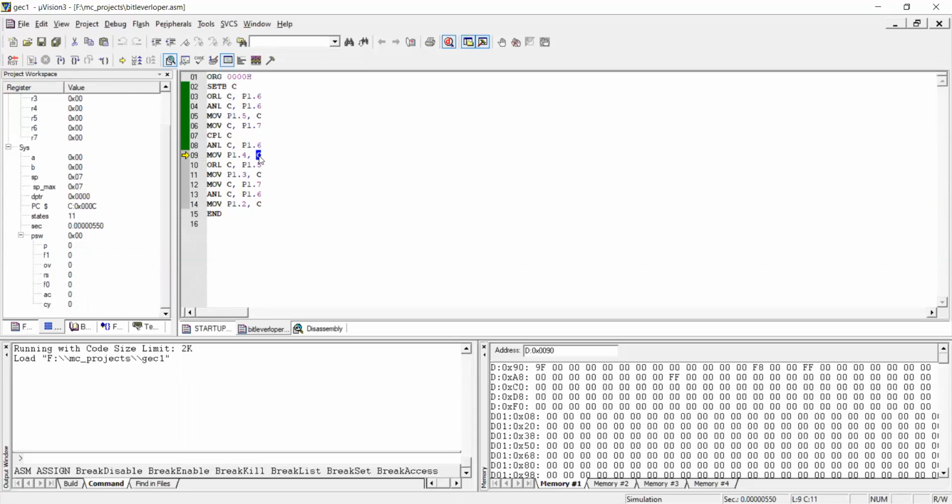What do we have here now? C is 0. That will move into the fourth bit of port 1. You can see the change in the contents of the port at address 90. Now it has changed to 8F because we have set the fourth bit to 0 now.